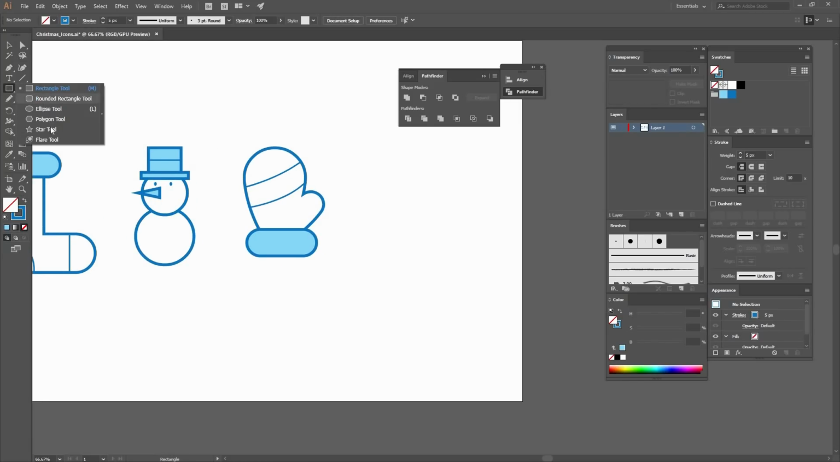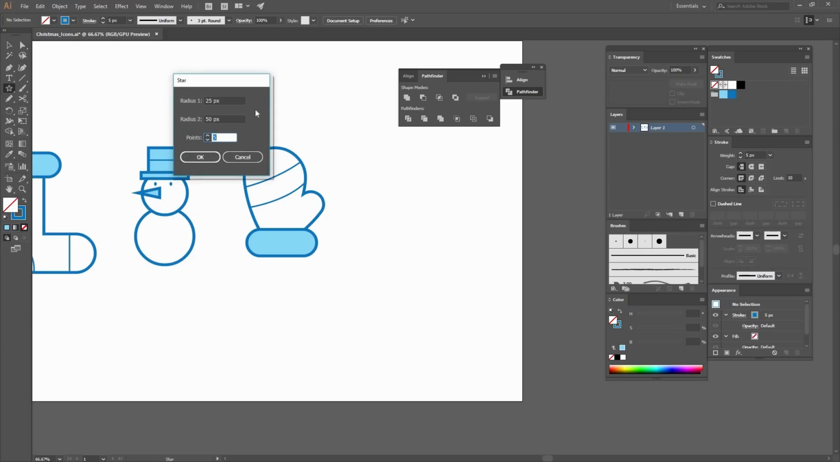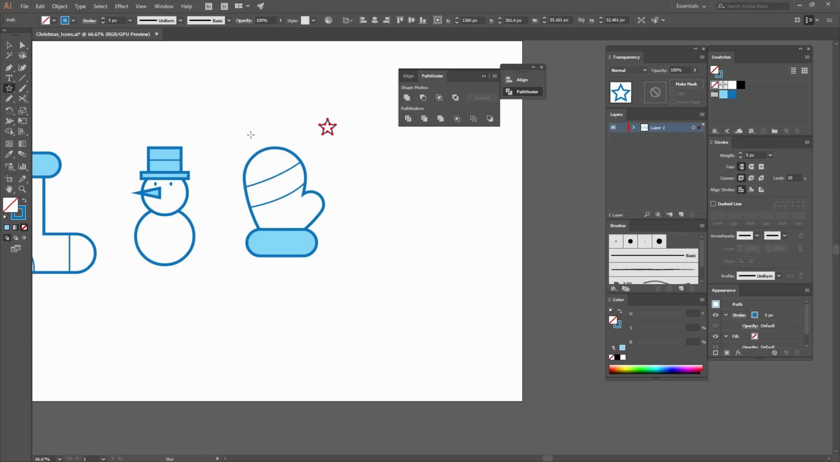So first we want to create the star. So we're going to go here in our tools and find the star tool, click on that one. And let's change the radius 1 to 29 and the radius 2 to 14. And make sure that you have 5 points. Press OK and you're going to get something like this. Next, we want to create some